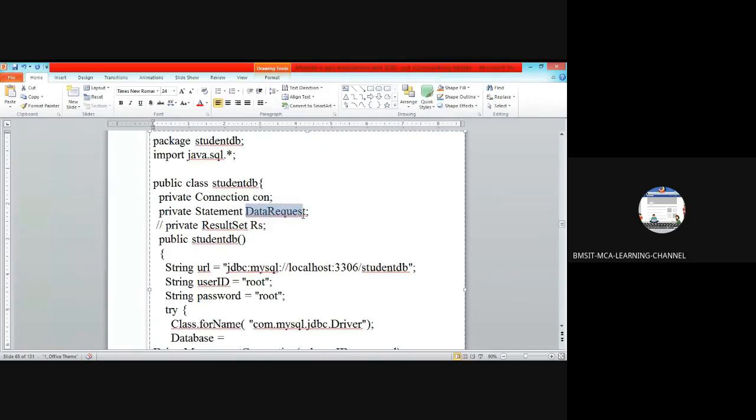Here prepared statement object st, and result set rs. I'm using the same variables to avoid confusion and to make you understand clearly. Connection con, statement. It is a class level declaration, so these variables are available for all the instances which you are going to create.